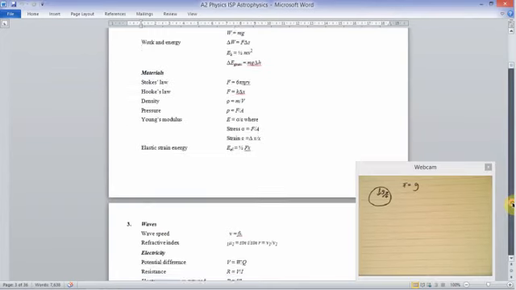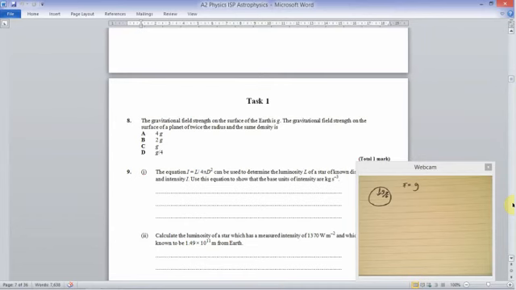Right, so let's get stuck into these questions. So first one over here. Gravitational field on the Earth is g, the gravitational field on the surface of the planet is of twice the radius. Okay, so the radius is going to be twice the amount. Okay, and the same density, so density is going to be the same, it's going to be twice as big, so remember g is related to r, so it's related to 1 over r,